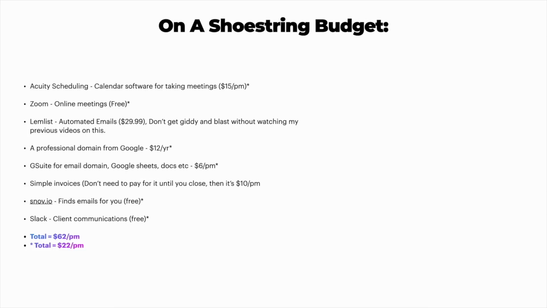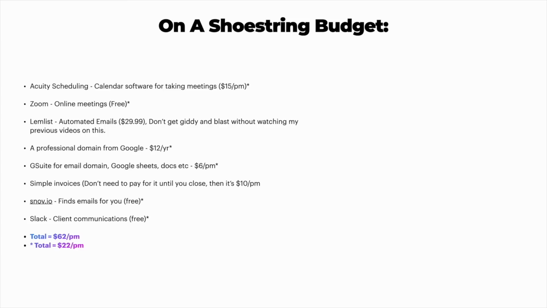If you're on a shoestring budget, here's what I actually recommend. Yes, you can go out and start a social media marketing agency with a dinky old Gmail account, such as yourname@gmail.com, which probably will not warrant any great results. It'll probably take you a long time to even get a client or even a reply back. If you're using a Gmail account, no one's going to take you seriously because you don't have a registered domain. You don't look professional. So if you're on a shoestring budget, here's what I recommend.